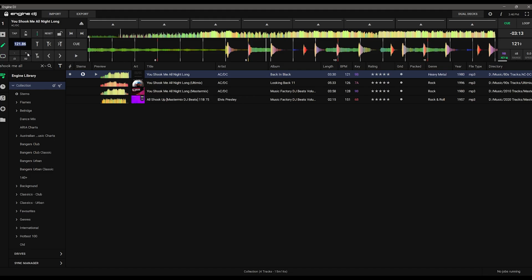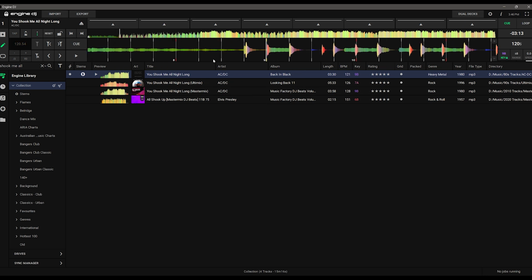So I can go back up here again. Now I do have a few options here. One is up the top, I've got a tap button. Now one way, if I'm really not sure visually where the beats are, I could play it, and then while it's playing I can just tap, tap, tap, click on that in time of the beat, and that gets it